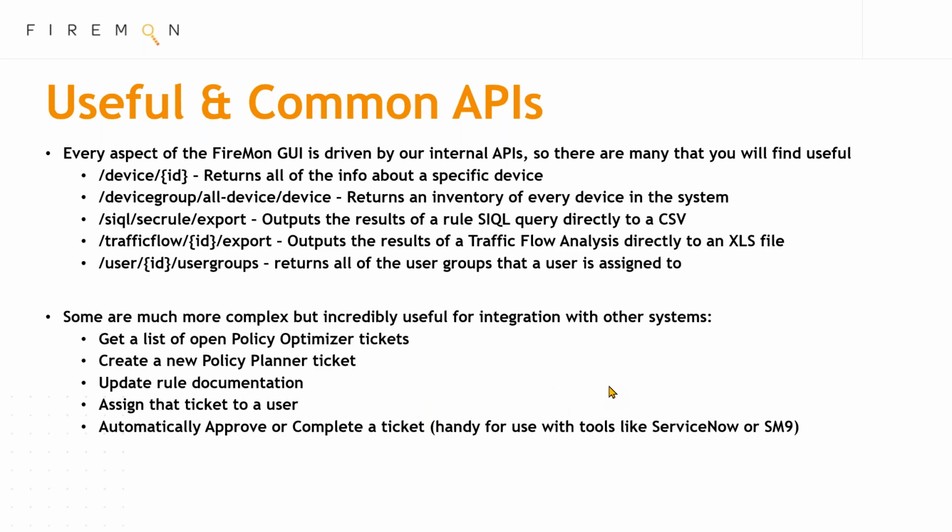We can produce an awful lot of functionality, such as, for example, you could get a list of open Policy Optimizer tickets. You could use APIs to open new Policy Planner tickets or assign that ticket to a user in a particular stage. You can use them to update rule documentation. If you're trying to bulk update a large amount of rules, you could do that through API calls as well. You could have them set up to automatically approve or complete tickets in those third-party tools that you might be